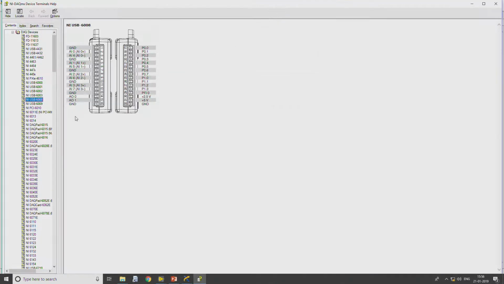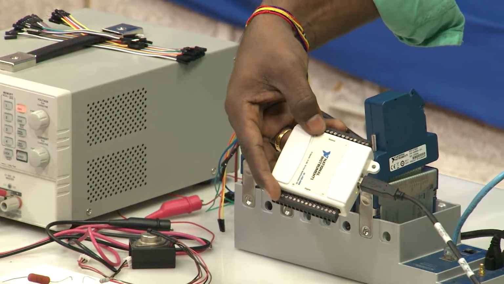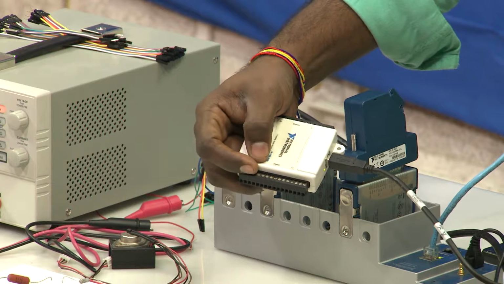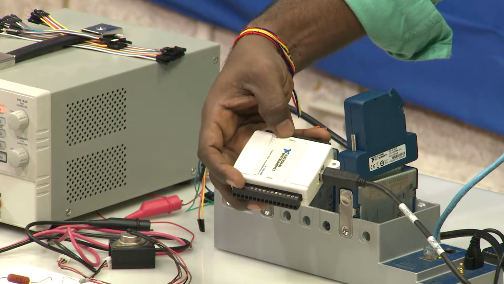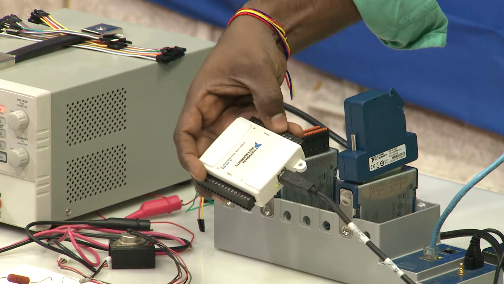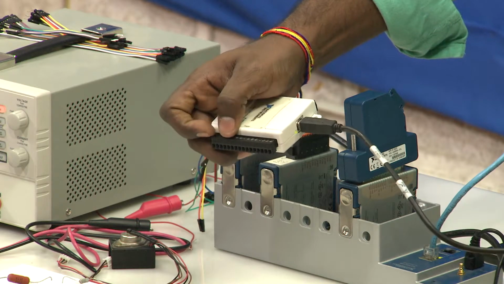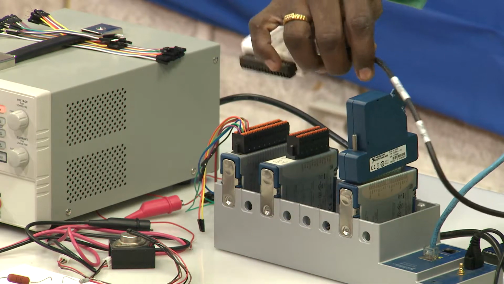When you look into the pinout, we have different types of connections here. It has a total of 16 pins on one side and another 16 pins on the other side. One side is labeled analog and the other is labeled digital, which means whatever analog signals we require can be connected on this side and digital signals on the other side, and this is connected to the PC using a USB cable.